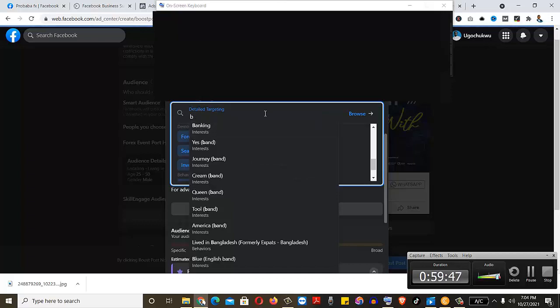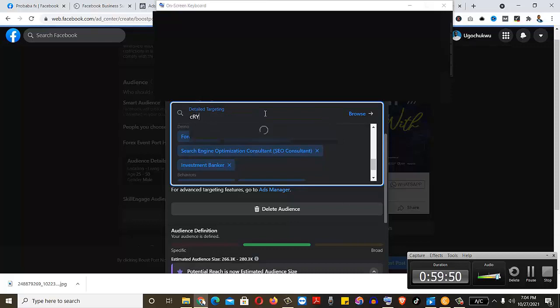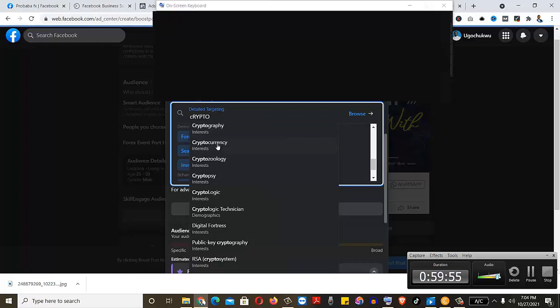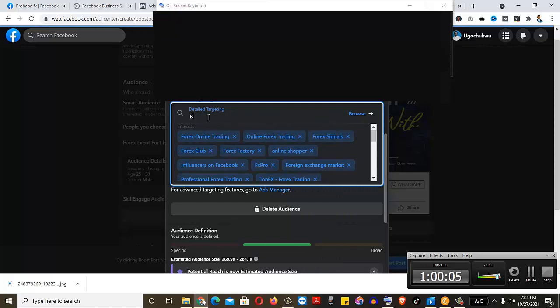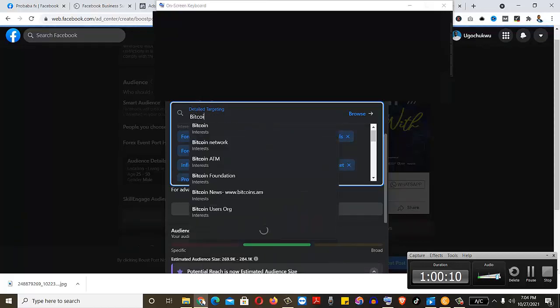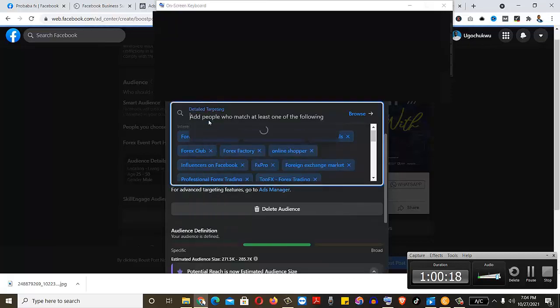So let's go to cryptocurrency. So we say people who are interested in cryptocurrency, most of them will be interested in forex. So we say cryptocurrency. We'll click. We also saw people who are interested in Bitcoin. Okay, Bitcoin. People who are interested in Bitcoin will also be interested. People who are interested in digital currency,